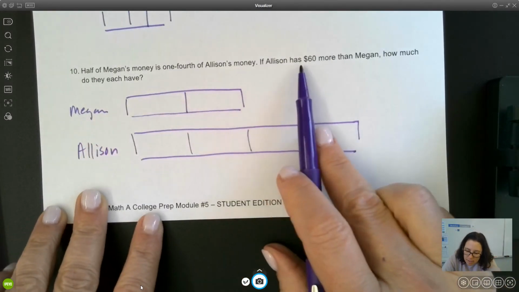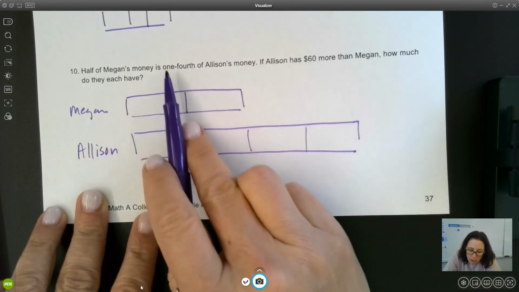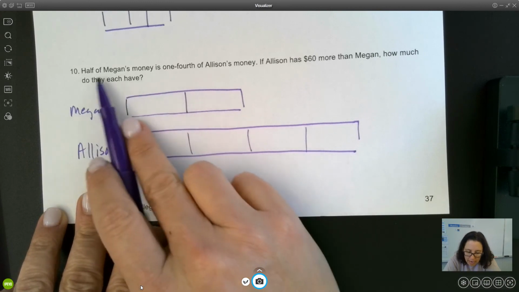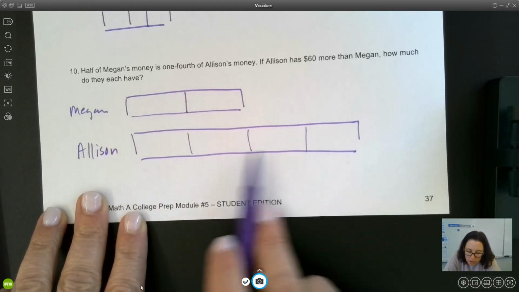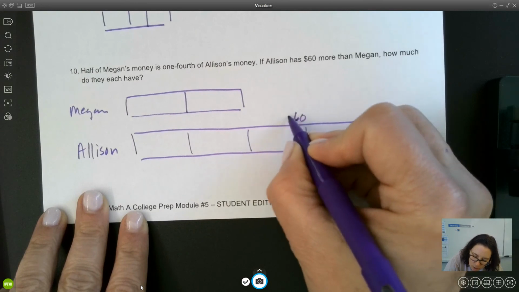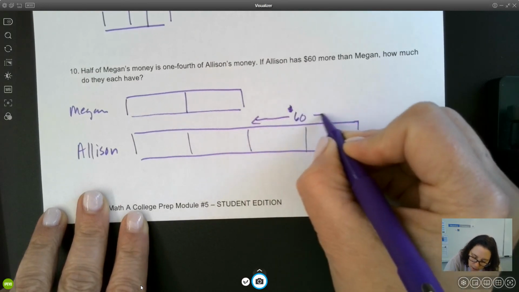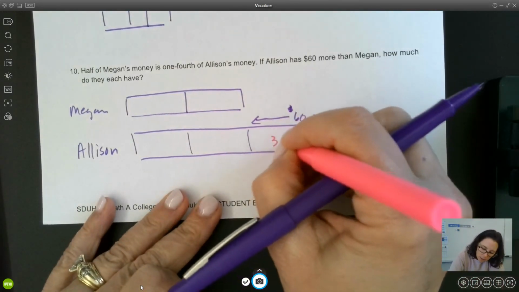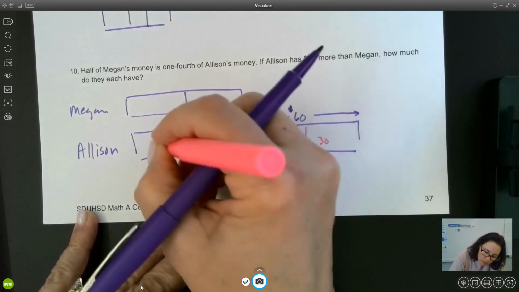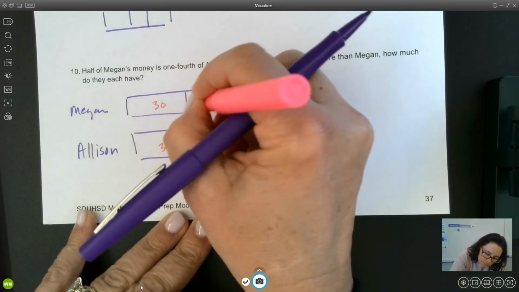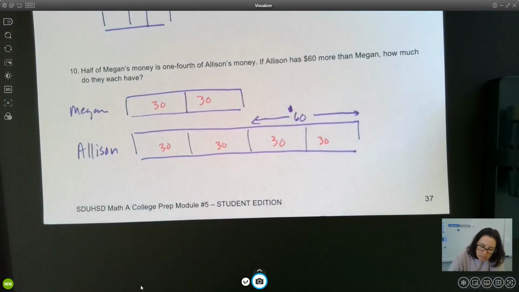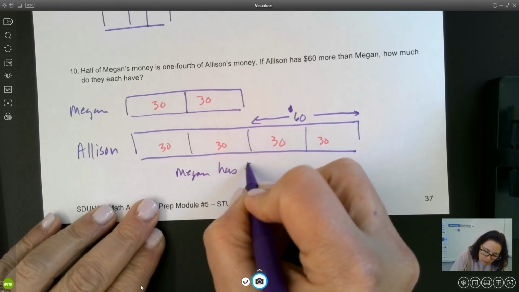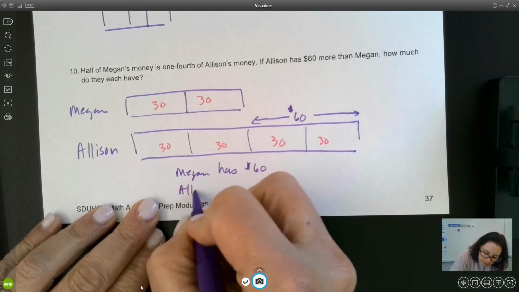Okay, it says Allison has $60 more. Okay, I'm looking at half and I'm looking at fourths. Okay, so half for Megan and fourths for Allison. And it says that she's got $60 more. So those two have to be $60. Therefore, we're putting 30 in every box, and then we can answer the question. How much do they each have? So Megan has $60 and Allison has